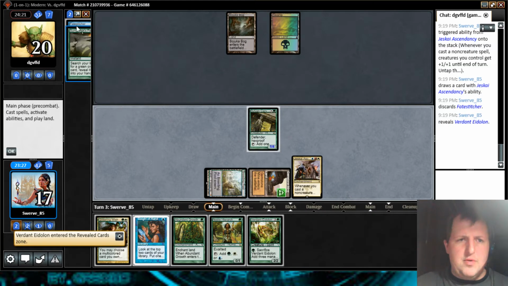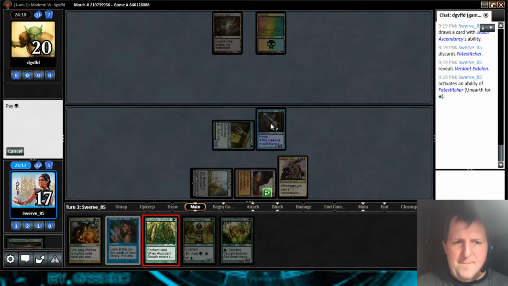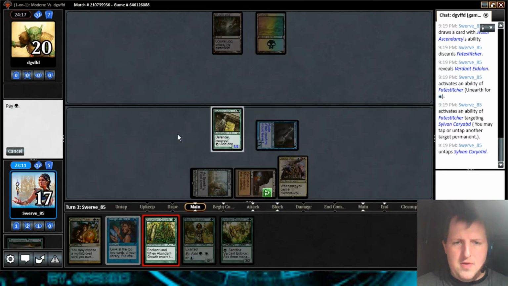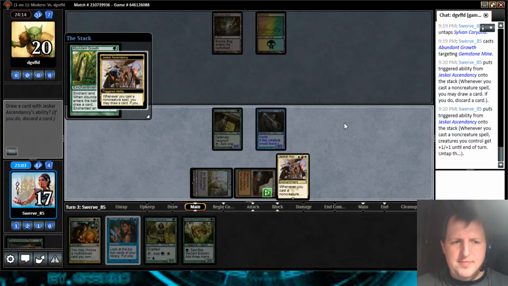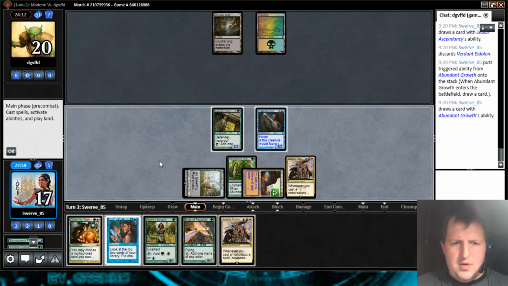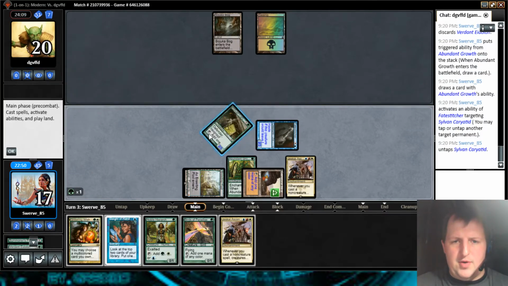Okay. So now we grab Fatestitcher to go up 1 mana. Although he can kill it. This hand's busted. Yeah, unless they kill me. This is busted. Yep. Ditch you. Draw a card. So we'll cast this. First I need to generate...